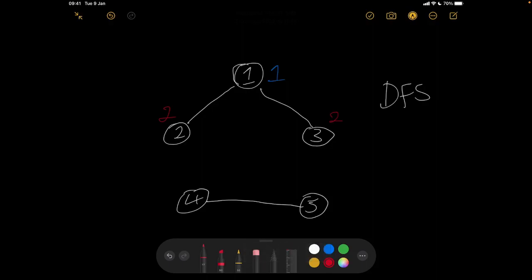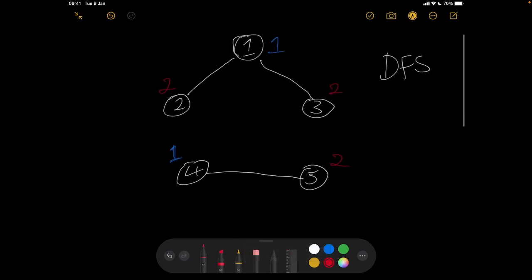All right, so 1, 2, 3, we're done. The next item would be 4. This is an unvisited node, so we give it a group 1. We could also give it 2, it doesn't matter, but let's just use 1 for consistency. And then we run the depth first search here and check. We find 5. We give it a group different from the previous node. So the previous node has a group of 1, so we have to give this 2. And that's it, we are done.